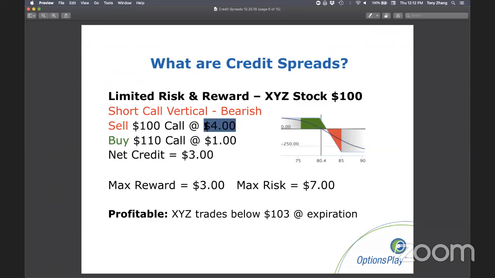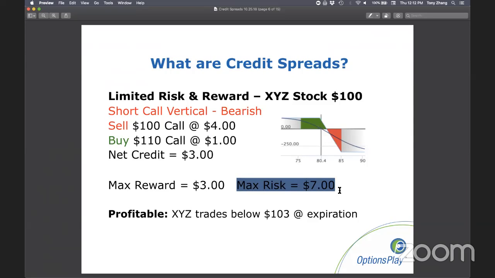That has unlimited risk to the upside. If the stock continues to go up and up, I'm going to lose money on that short $100 call. So in order to cap my risk, I'm going to buy a 110 call against that, and let's say that costs me $1. That brings my net credit again to $3, because I've collected $4 on the short leg and paid $1 on the long leg. Again, the width of this vertical spread is $10, because the distance between the $100 call and the 110 call is $10, which means that if my max reward is $3, then my max risk will be $7, the remainder of the $10 width.